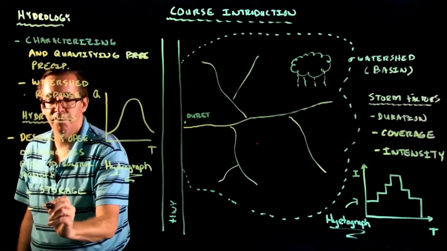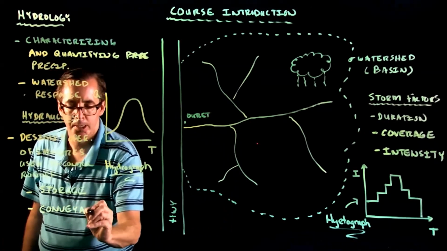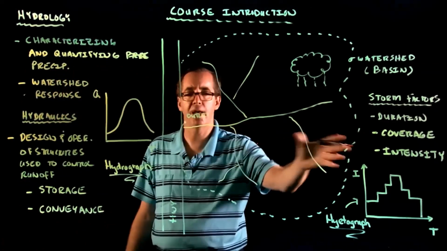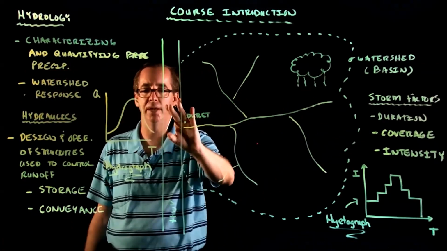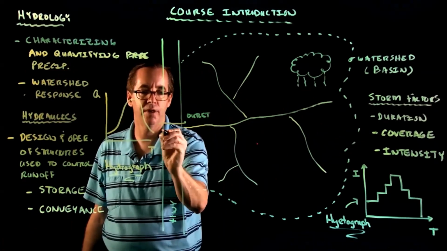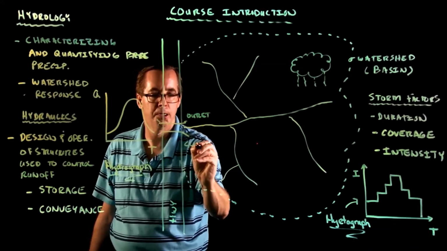Some are used to convey water, so we say conveyance. Conveyance would be an example that we have here in this diagram. We have all this water arriving at this one point, and we have a highway. Well, there's going to be an issue unless we build some type of hydraulic structure. And that hydraulic structure in this particular case would be a real common one called a culvert.